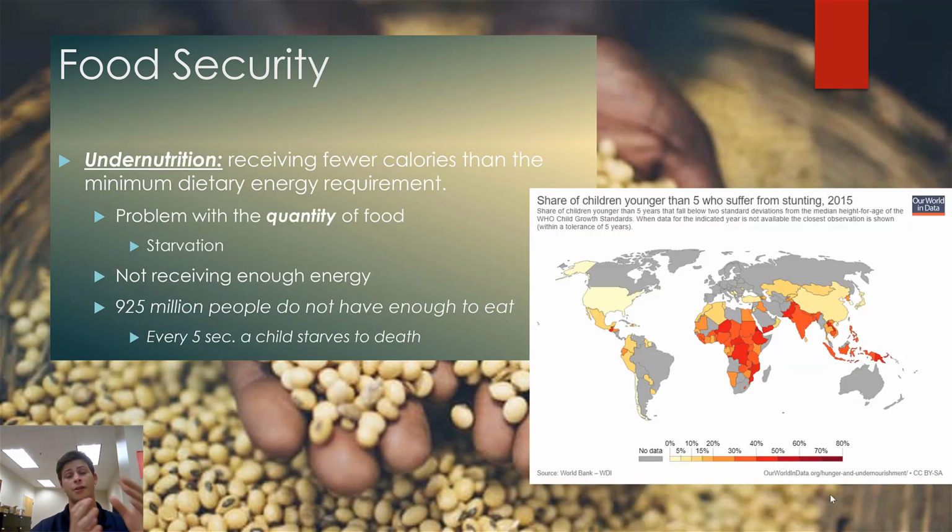So now that we have defined food, food security, and some of the trends associated with food production, population growth, as well as trends in food security over the last half decade, now we can get into some of the issues associated with being food insecure.